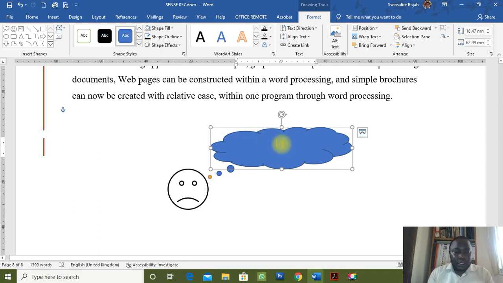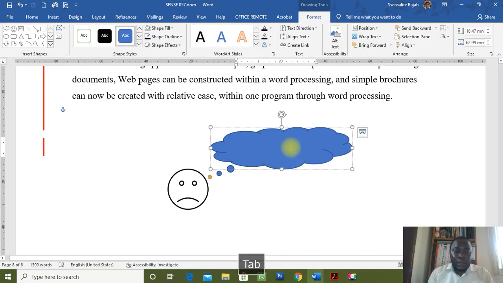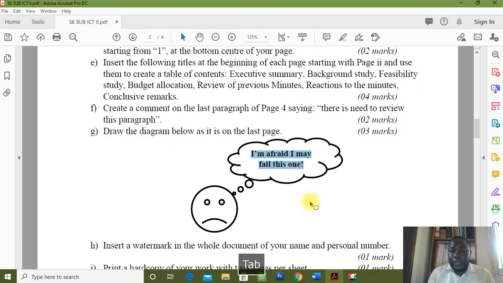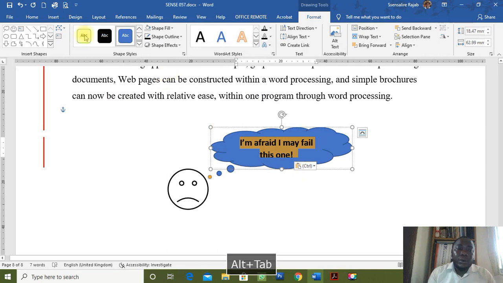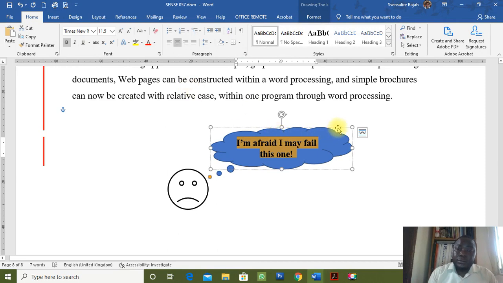it has the words "I'm afraid." I'm not going to type, let me just copy them. "I'm afraid I might fail this one." These words, when you look at this, they are in Times New Roman bold. So I'm changing the font to Times New Roman, and then the callout, according to the question, these words are in